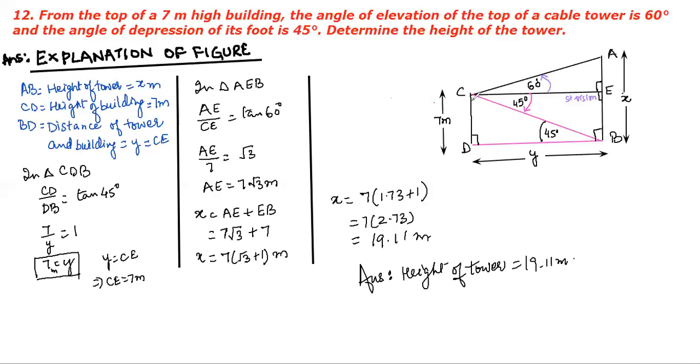Therefore, we will make a figure wherein CD is the 7-meter height of the building and you have to make the tower higher than that. AB is the height of the tower. These two things you will explain in the figure. Height of the tower x meter, height of the building 7 meter, and the distance between the two is BD. So all the vertical lines and the horizontal lines you have explained, you will be using them here.